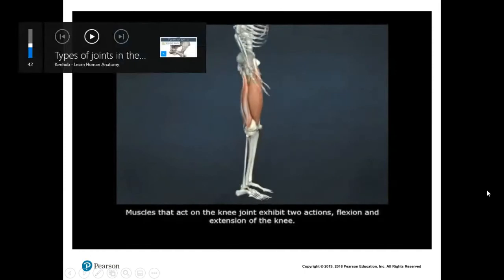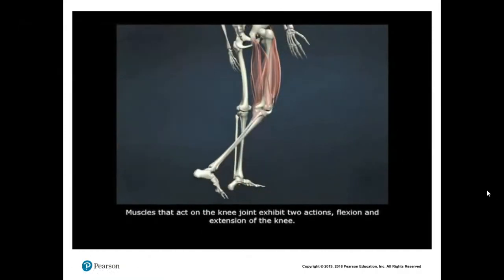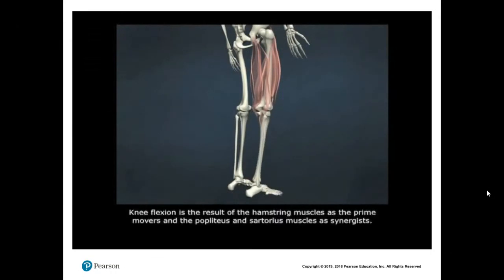Muscles that act on the knee joint: flexion and extension of the knee. Knee flexion is the result of the hamstring muscles as the prime movers. The gluteus and sartorius